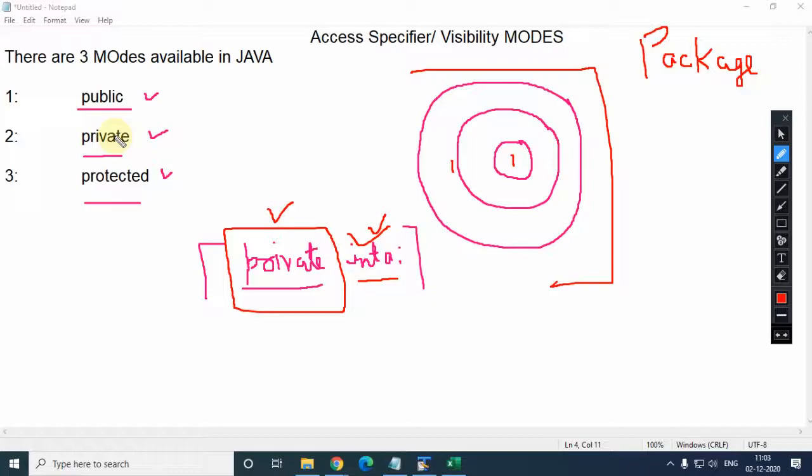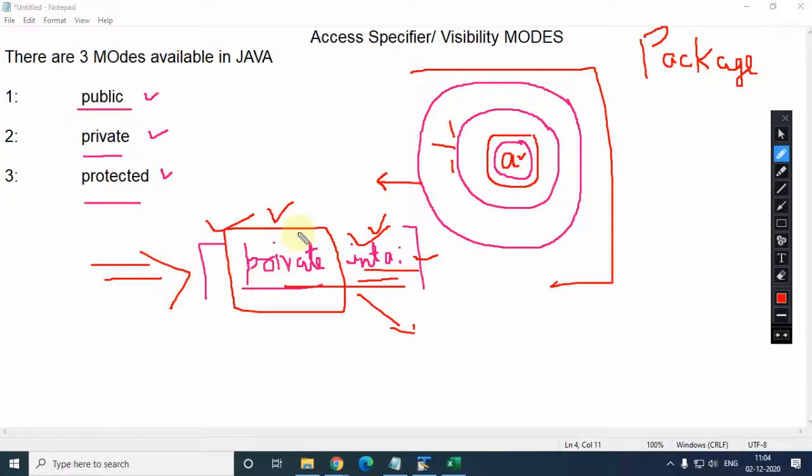Inheritance means the property of one class we can inherit in another class. For example, here I am declaring a data member as private. In short, this private member int a is accessible only inside the class, means only here you can use it. If you have declared a private variable inside a particular class, that private variable you cannot access in any other class. Within the same class only you can access it, means you cannot access it anywhere in another class, in the subclass, or in any package. Am I getting everyone?